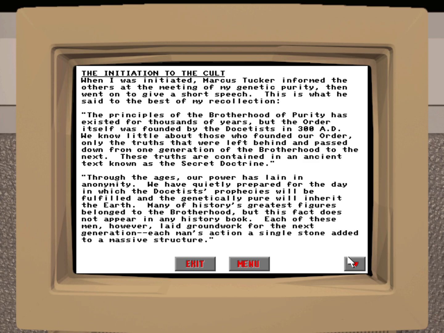The principles of the Brotherhood of Purity have existed for thousands of years, but the order itself was founded by the Docetists in 300 AD. We know little about those who founded our order, only the truths that were left behind and passed down from one generation of the Brotherhood to the next. These truths are contained in an ancient text known as the Secret Doctrine. Through the ages, our power has lain in anonymity. We have quietly prepared for the day in which the Docetist prophecy will be fulfilled, and the genetically pure will